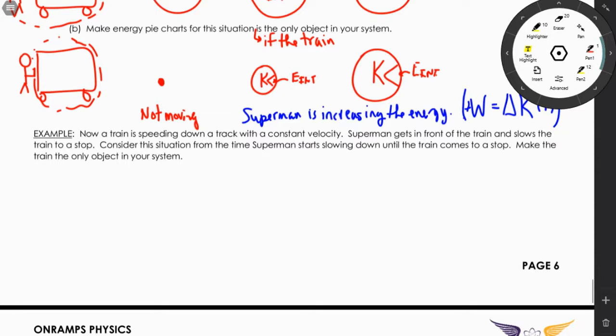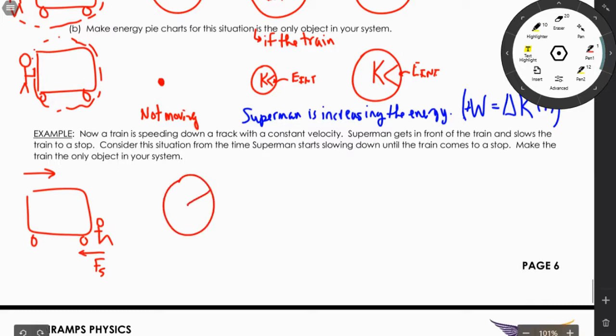Consider the situation from the time Superman starts slowing the train down until the train comes to a stop. And the train is the only object in our system, right? So it's the kind of reverse of what we were just doing. The train's speeding down the track. We have Superman here, and I'm going to draw him sitting down. He's trying to stop it, and he's going to apply a force in the opposite direction, which means